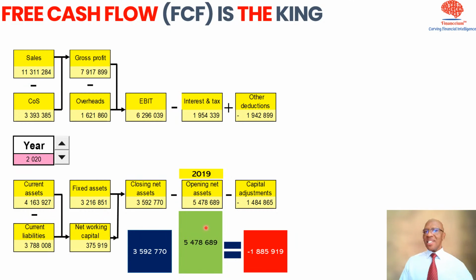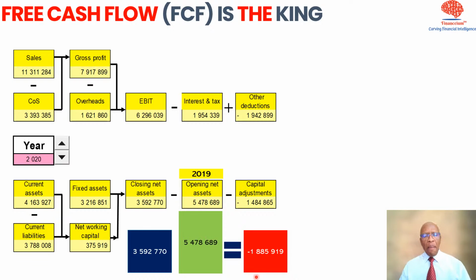Now, you can start seeing here that the closing net assets for 2020 is relatively lesser than the closing assets of 2019, which was the opening net assets of 2020. Now, when you take the difference of the two, because we want to look at the movement of capital during the course of 2020, we can see that we've got a negative